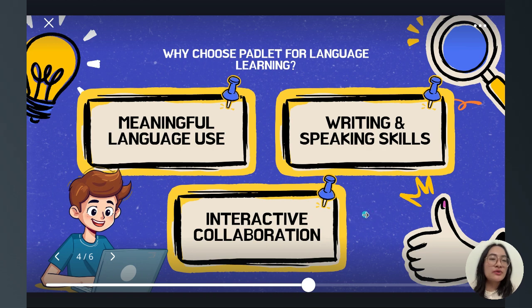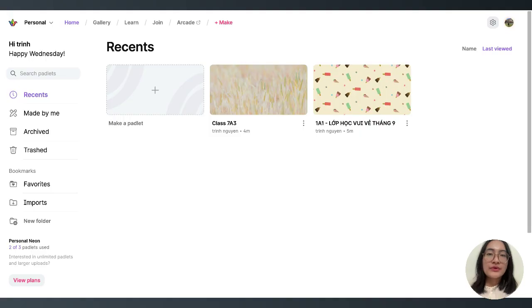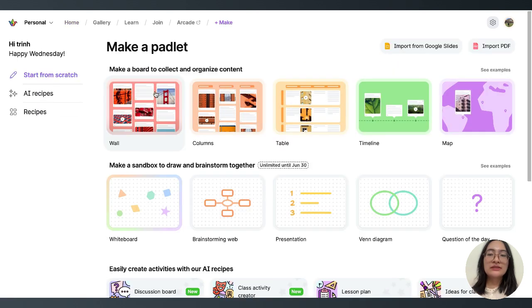Now, I will show you how to use Padlet on the website. Okay, so first you open Google and then you type in padlet.com. You can sign up with your Google account. I think signing up with a Google account is quite easy for most people. And now here you can see this is the Padlet website. You can make a new Padlet here. You press the button make a Padlet, and then you can see that